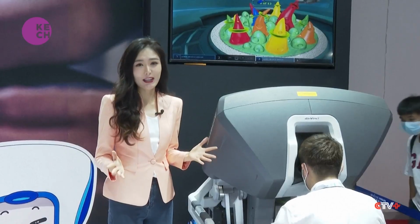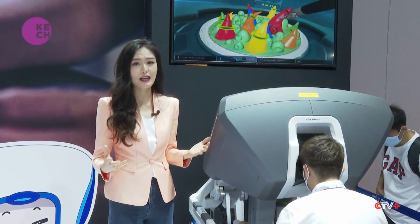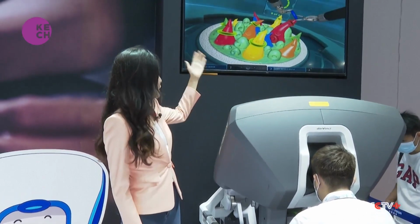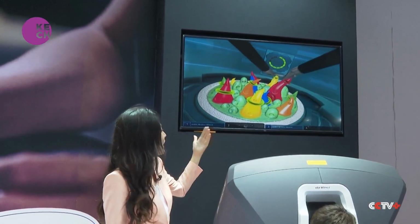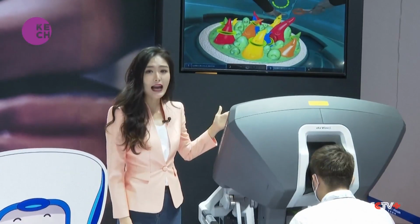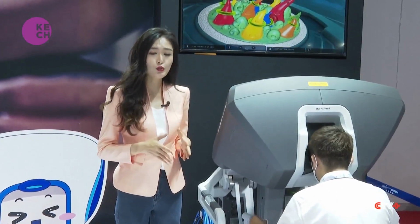The robot cannot do anything on its own, actually. Instead, it's more like an extension of the surgeon's eyes, arms, and hands. And this is how the surgeons control the robot. Here, through a high-definition 3D visualization, the surgeon is able to see all the fine and minute details inside the patient's body during the procedure, and that helps improve dexterity when the surgeon needs to dissect or suture an affected